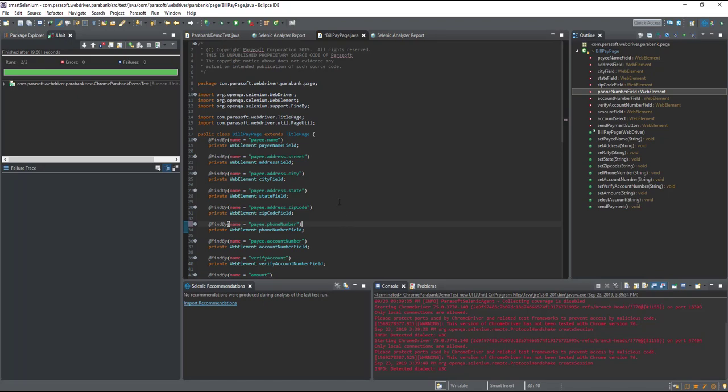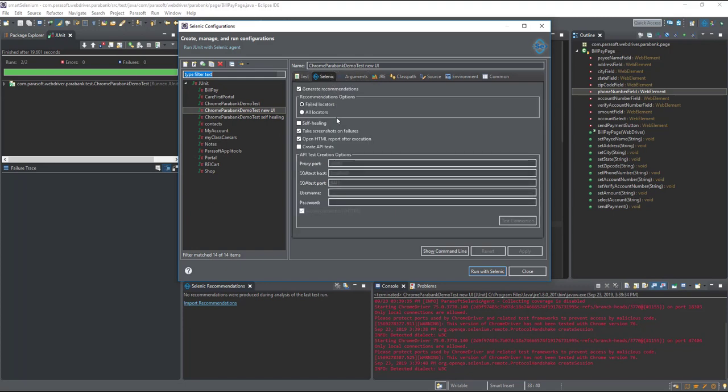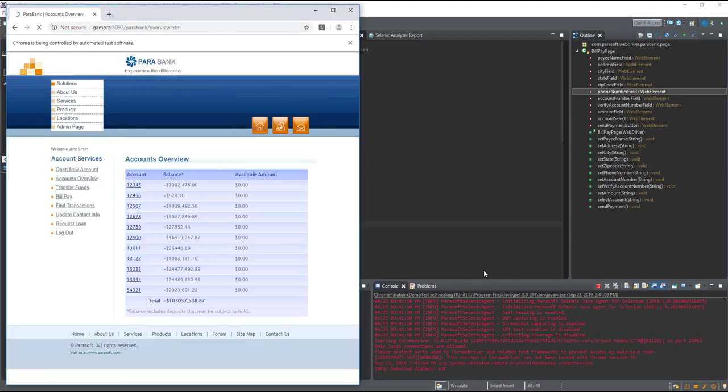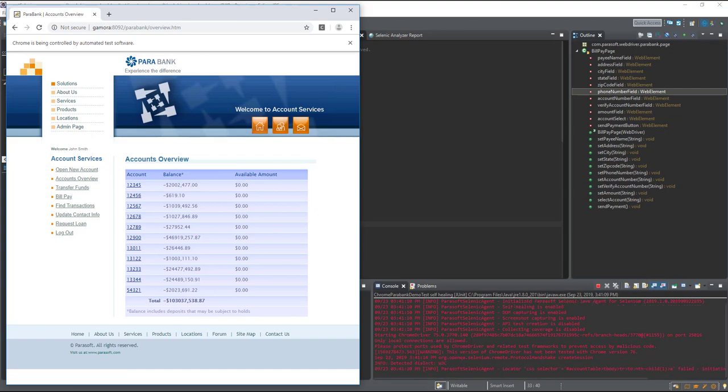So I'm going to revert the test back to its original state, and I'm going to run it with self-healing enabled. Now, this would normally be enabled as a part of your CI process rather than in the IDE. But what's going to happen is it's going to go through the execution of the different test cases, and then when it comes to that bad locator, it's going to use the AI constructed locators to automatically swap out a good locator at runtime. Okay, this is going to happen quick.